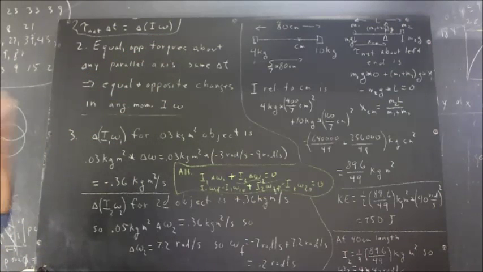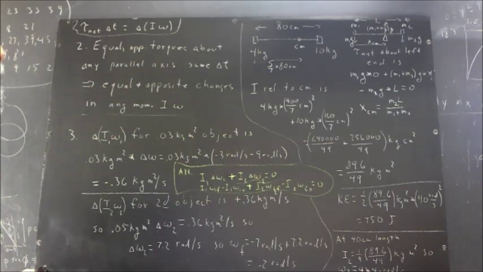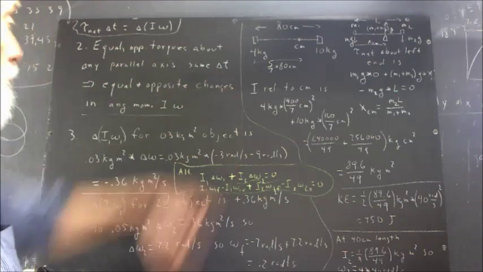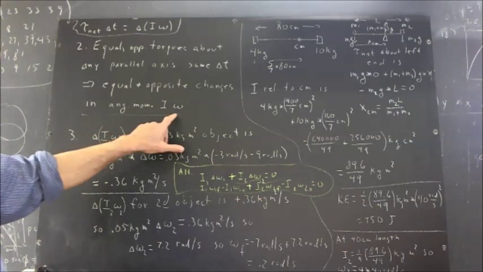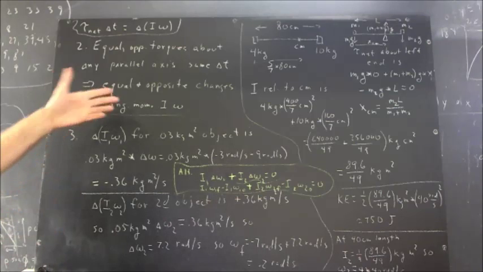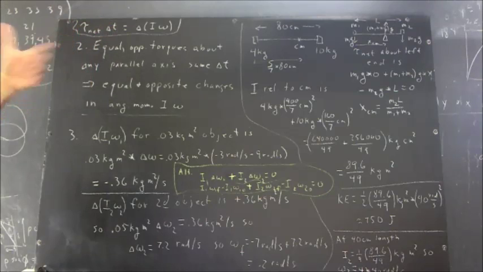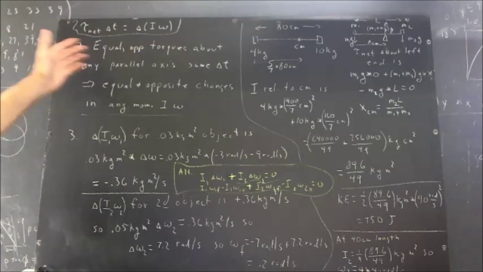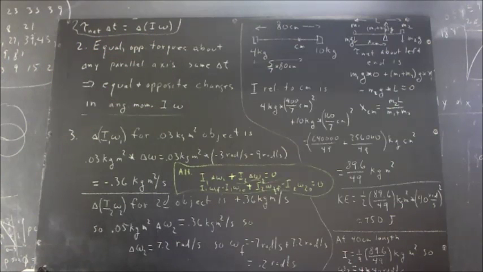Now, if we have equal and opposite torques about any parallel axis for the same time interval, this implies equal and opposite changes in the angular momentum. Obviously, if the torques are equal and opposite, then the product tau net delta t is equal and opposite for the two different forces, giving us equal and opposite results for the change in angular momentum. This implies that in an isolated system, the change in angular momentum is zero, that is, that angular momentum is